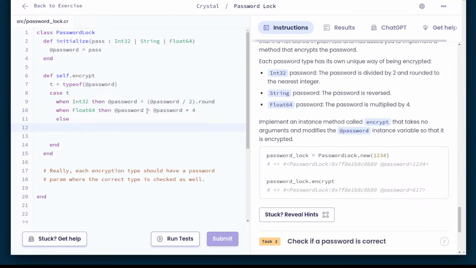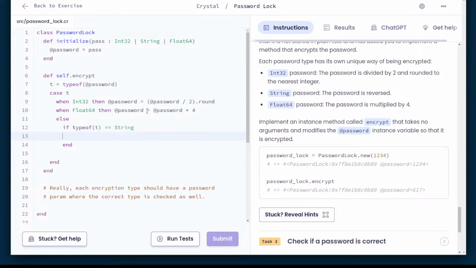Yeah, I'm going to throw this in here. Else if, you wrap this in parens, typeof(T) is String. This is why I'm going to get Exercism's command line tool for doing these exercises. It's just the editor is wonky and I'm zoomed in, so it wants to do weird things. So if typeof(T) equals String,